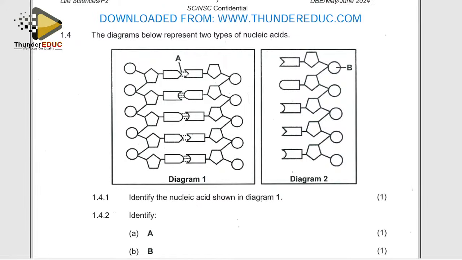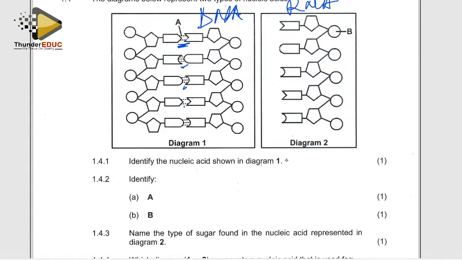1.1.4. So we go to the next question, which involves the discussion of two types of nucleic acids. We have the DNA and we have the RNA. This is DNA, this is RNA. Why is this DNA? We said it is DNA because of the weak hydrogen bonds, while here there are no bonds. So identify the nucleic acid in diagram 1. We say that is DNA. Identify A. What is A? We said it's weak